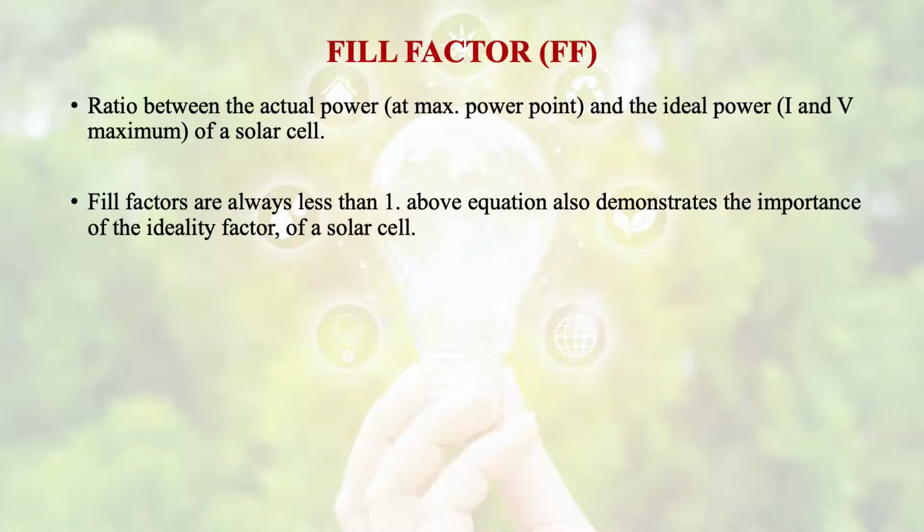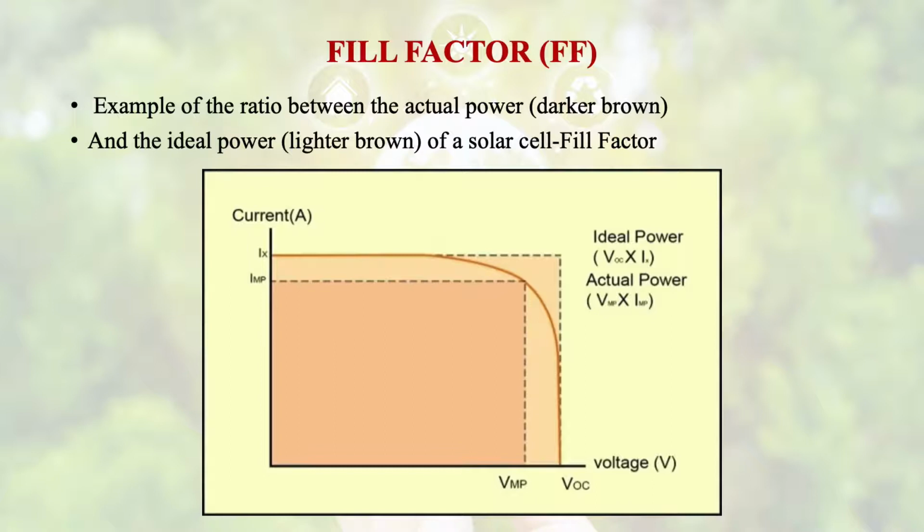A typical fill factor ranges between 0.6 and 0.8 and is always less than 1, because it is difficult to make a pure junction when we make the PN junction diode, or we can say when we make the cell. Let me show you one example with the graph, to see the fill factor.